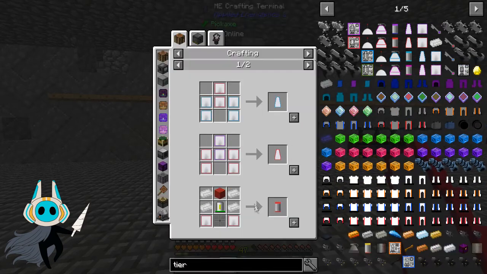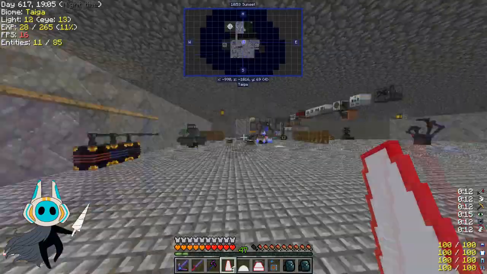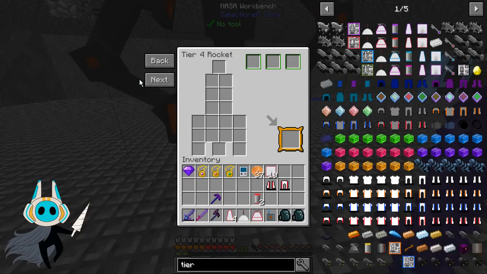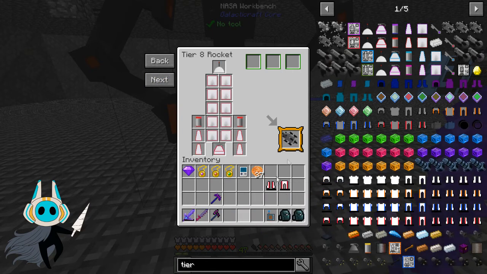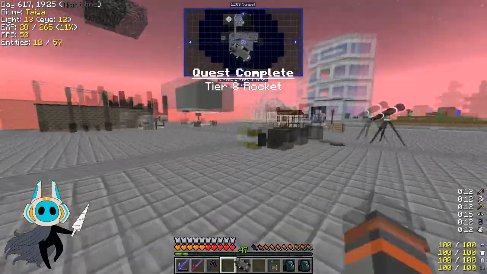No, we don't. We can dye it with blood, apparently, which is fine by me. I will dye it with blood. And there we go, and that should be a tier 7 rocket. If we go... Oh no, tier 8 rocket, my apologies. There we go. So we have a tier 8 rocket, which again is a massive